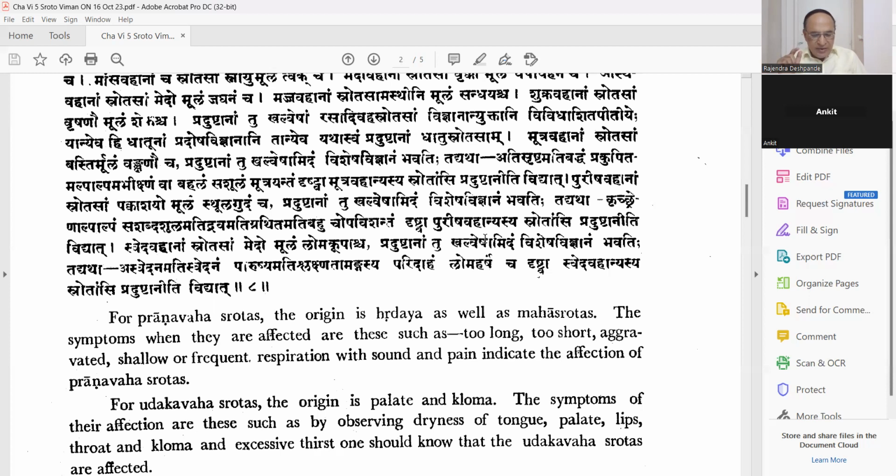What is that? Asya vairasya. Please write down. Asya, mouth. Vairasya means there is not a proper sensation of taste as per expectation. The patient should feel sweetness after eating shrikhanda, but he is not getting the sweet taste, something else instead. If he is eating sour pickle, but not getting the proper sour feeling, that is asya vairasya. In the mouth, the taste has changed, improper perception of taste. Okay, next symptom.